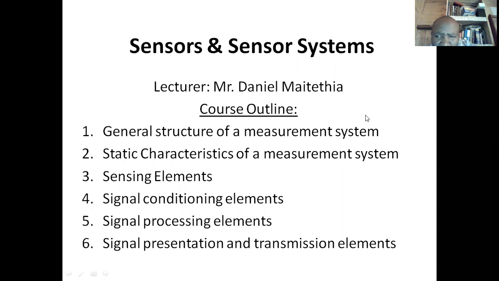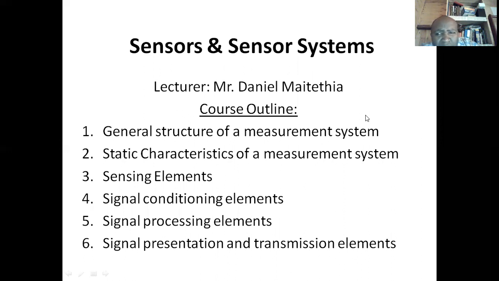We will not be using the term sensor systems per se. I prefer to use measurement system. It's more or less the same thing. And so, our course outline